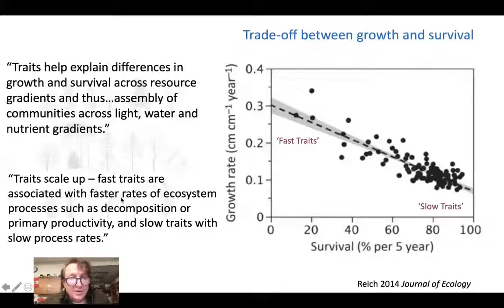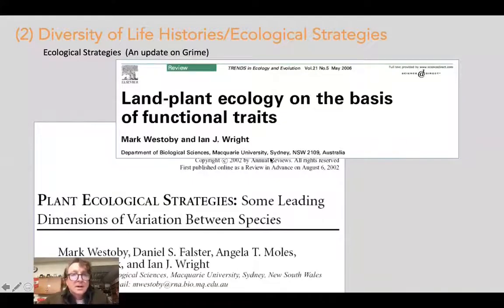Fast traits are associated with faster rates of ecosystem processes such as decomposition and primary productivity, and slow traits are associated with slow process rates. So then we can start to make some linkages with ecosystems. All right, so then to finish up, I'm going to skip over this part in the interest of time,